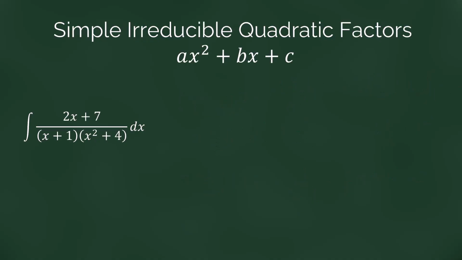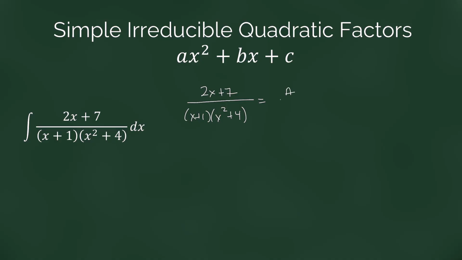Okay, in our next example, we're going to notice that this time, one of the factors in the denominator is not linear anymore. It's quadratic. We have an x squared plus 4. So in order to rewrite something that has a quadratic, we have to use a slightly different technique. In particular, to rewrite (2x plus 7) over (x plus 1)(x squared plus 4) as a partial fraction